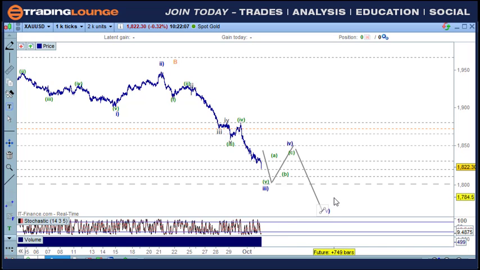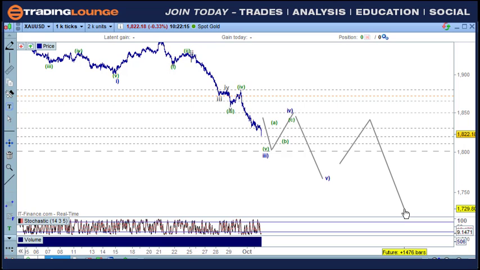And then the next one is that there can be another move coming down into this space here. That's the other version of the pattern. But there's no buying pattern here. There's no purchase here at this point.